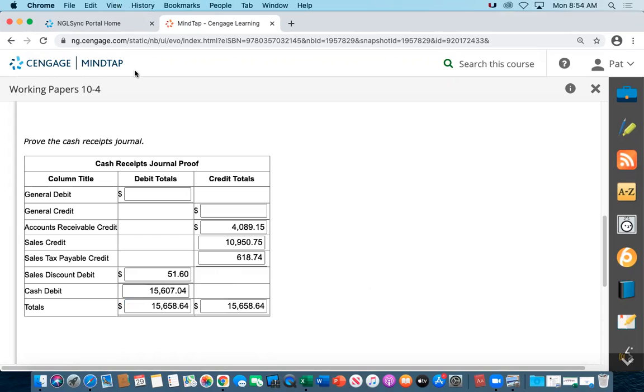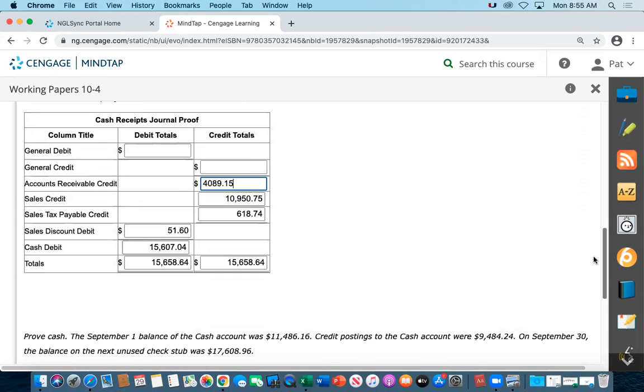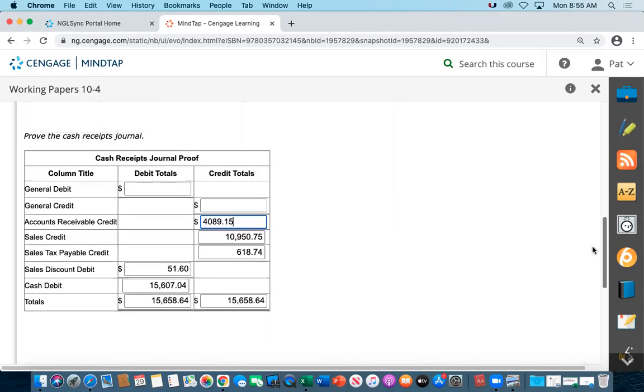Those are the column totals for those 5 columns, because general debit and credit have zeros. $4,089.15 in accounts receivable, $10,950.75 for sales credit, 618.74. You can add those up too, but that's what those are. The total is 15,658.64. And then if they equal, which they do,